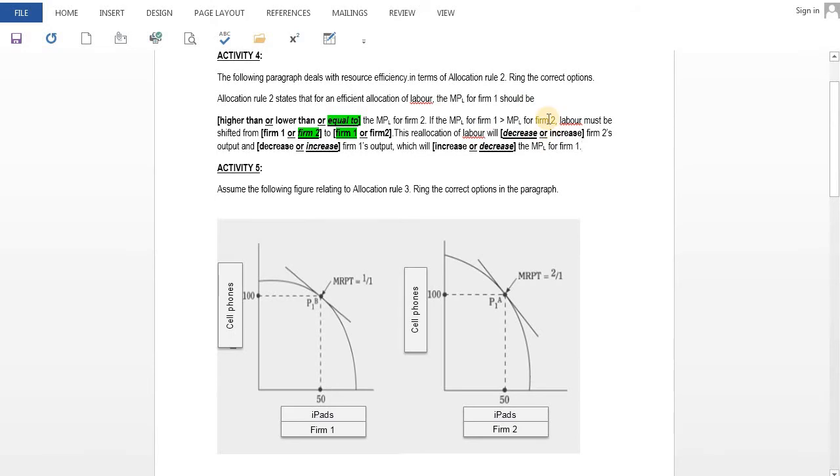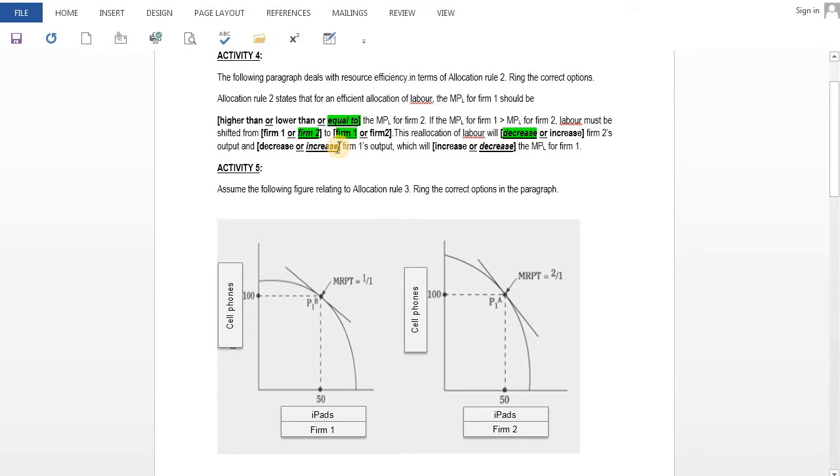Why will the output decrease? It is decreasing because now we don't have experts in the job. Firm 2 has to start training other people to fill the positions of the employees that have been taken from firm 2 to firm 1, and that directly affects the output, because a new employee will not perform adequately or the same as the older employee used to perform, and hence firm 2 output will decrease. However, firm 1 output will increase,